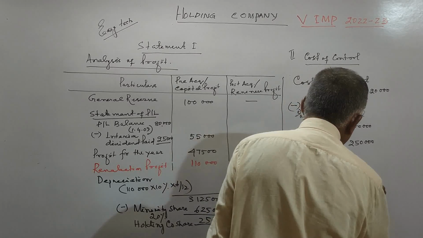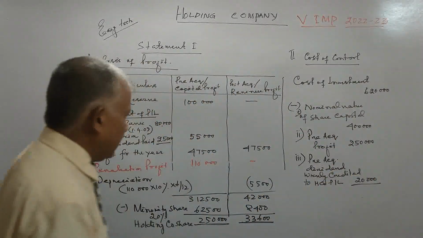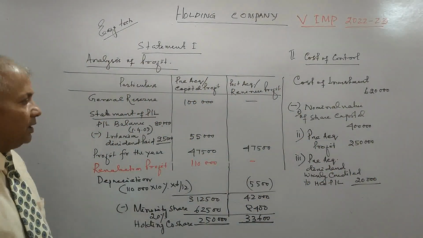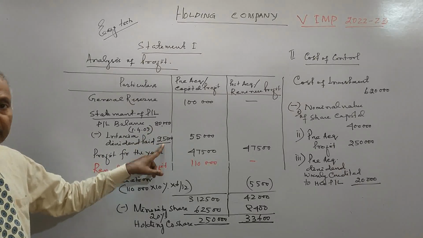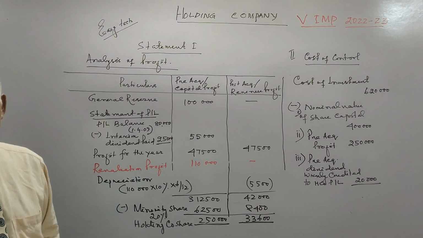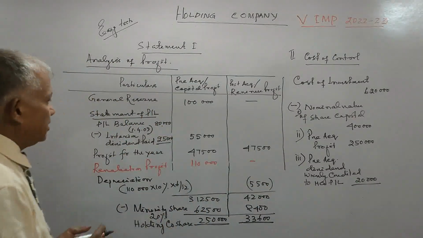This is your 20,000. This I will explain to you right now. The pre-acquisition dividend: interim dividend paid was 25,000. So far as the pre-acquisition dividend is concerned,